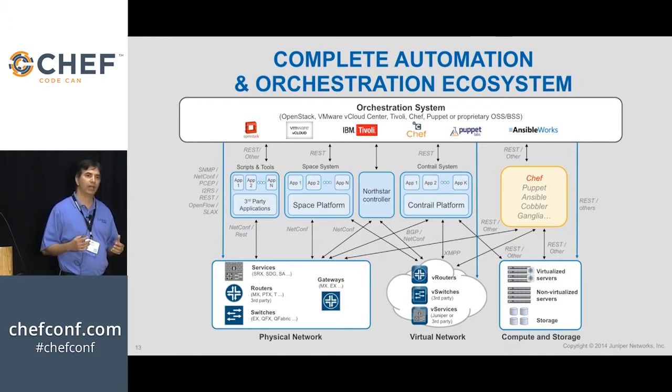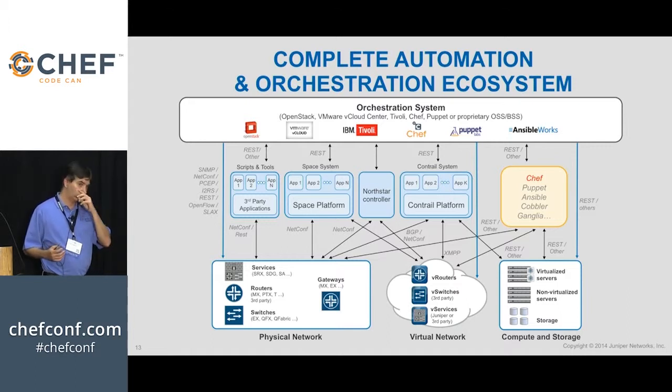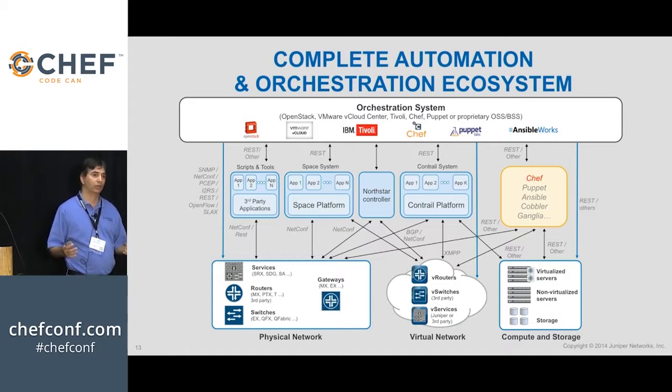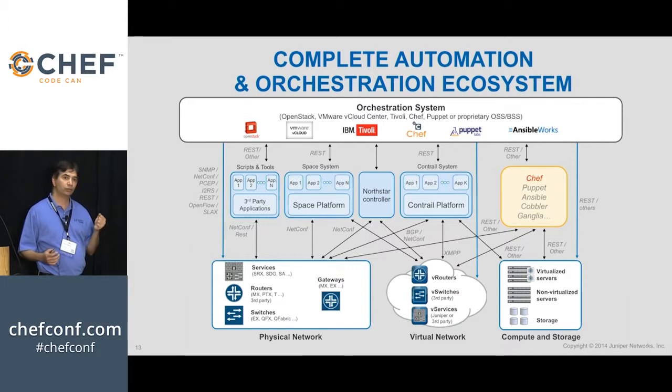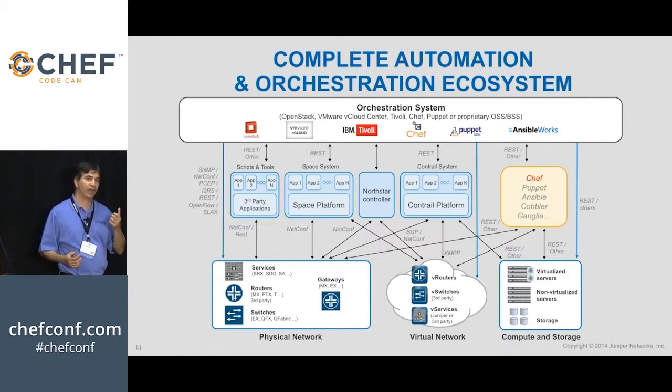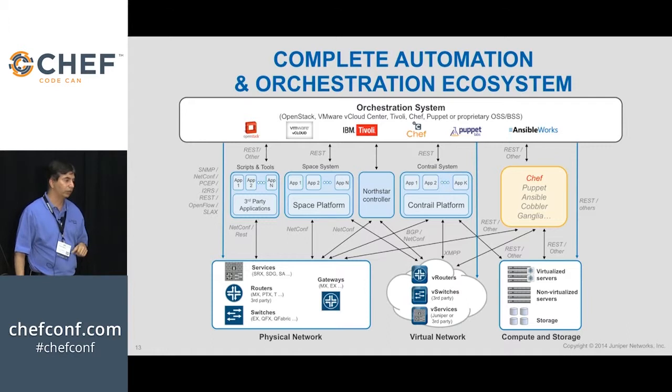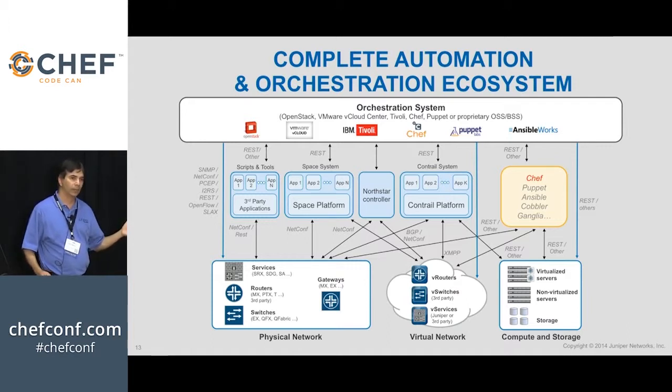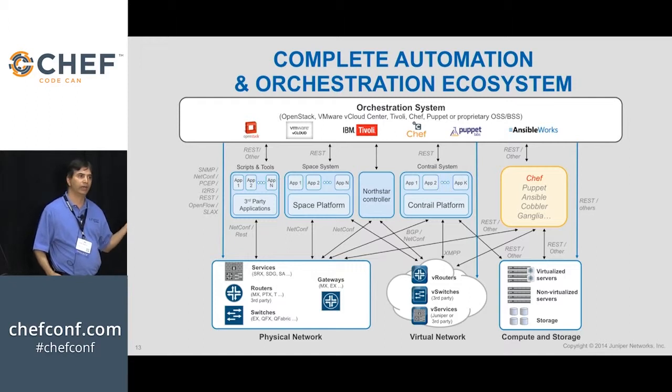For example, our network management system called JUNOS Space, which is in the center, provides you APIs to collect topology information. So if you are trying to push some policies across different topology, you can use JUNOS Space API to extract that topology and then write a Python application or Chef application to configure that topology. So you can see the mindset that we have around building products and making sure that they are